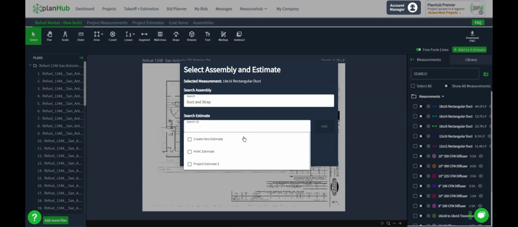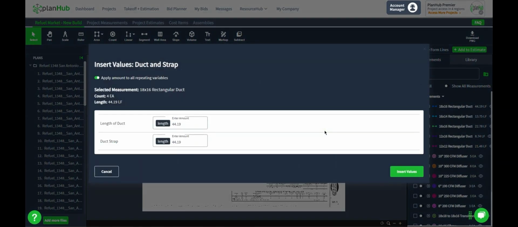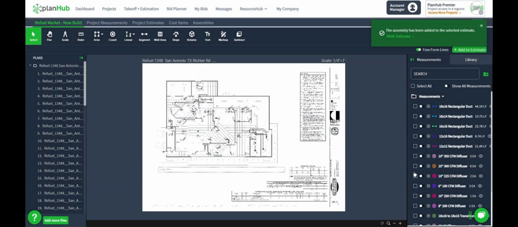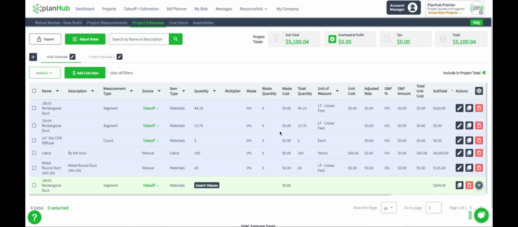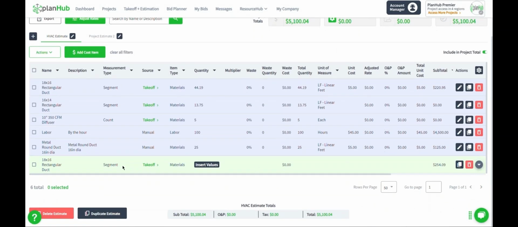I select it and I tell it what page of the estimate I would like the result to go to. Then I click Add. A verification box opens up to show you what the length measurement was associated with the measurement you're choosing to send through the assembly. If those measurements are what you want to use, then just simply click Insert. Next, I'm going to go back to Project Estimates, scroll down to the bottom, and here we have our new